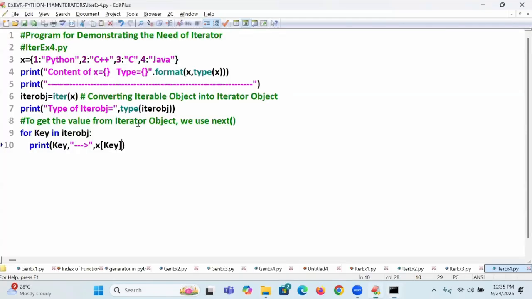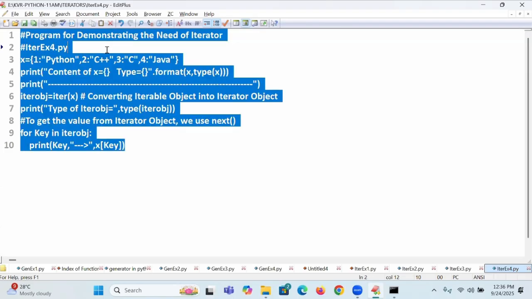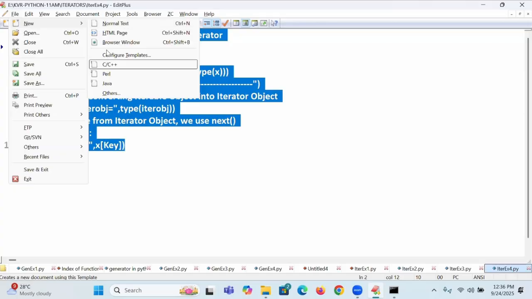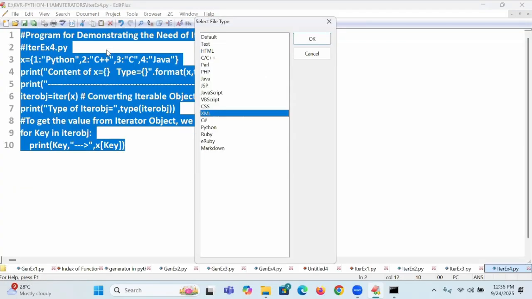Where I taught this in the Excel dictionary time, I said all these things. Do you remember this? This is called a dict. Are you following or not, online students? Are you there, are you following this? In the dict we got the key as well as its value. Now I want to enter into the further iterator, example 5. I will go to the next.